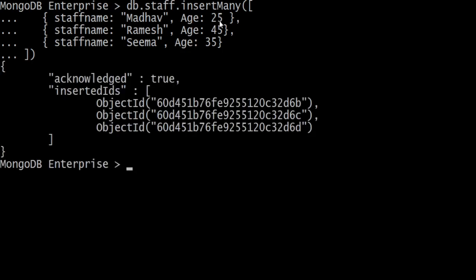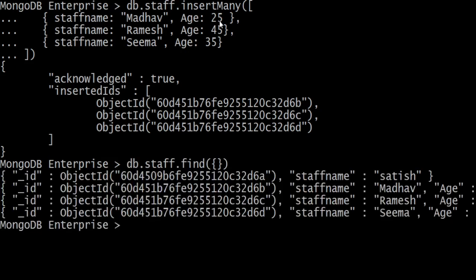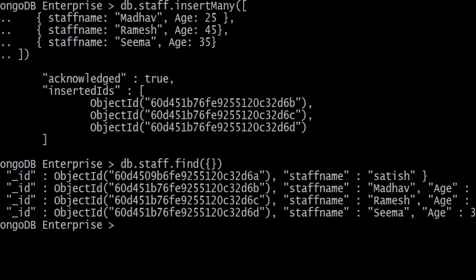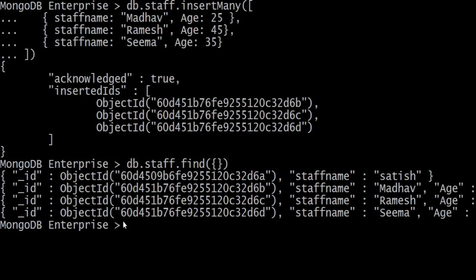So with the help of db.staff.insertMany we can insert multiple records at a time. So let's see the result. You can see multiple documents are created in the collection. With the help of a graphical interface we can also see the multiple documents. I will show you later, after the command line demonstration, at the end of this video.